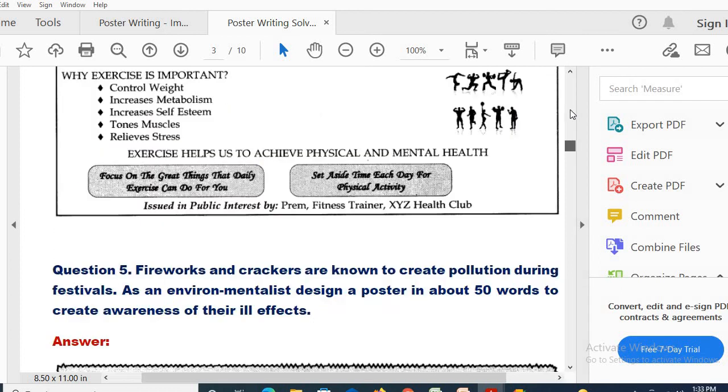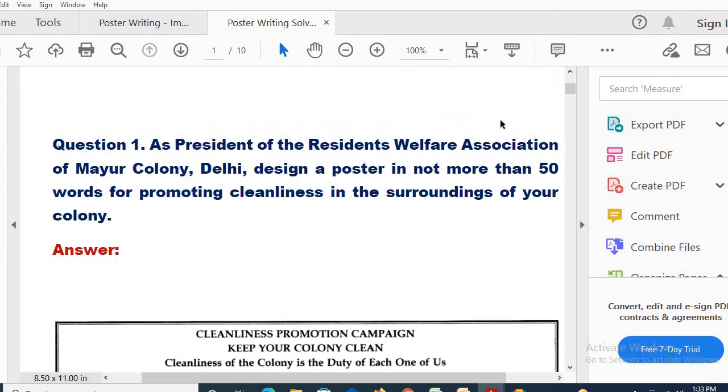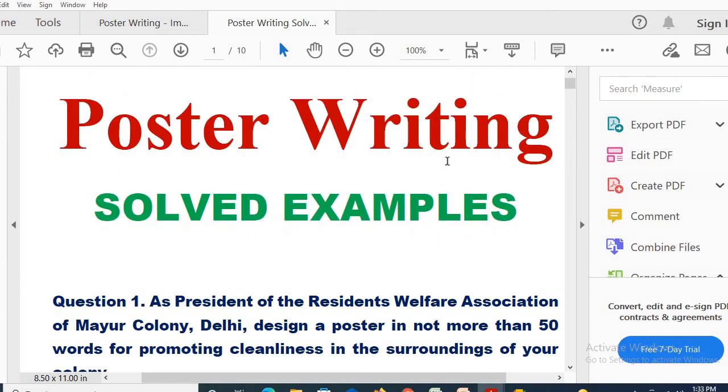If there is any doubt anywhere, you can ask me. Is there any doubt? Any problem up to this? The solved examples, the rules and regulations that I highlighted, keep them at the back of your mind, dear students. Is there any doubt or is it clear to you all regarding poster making? Okay, fine. So I am leaving right now.